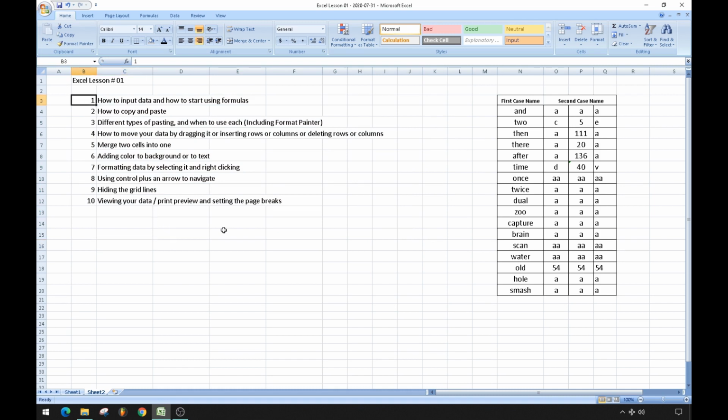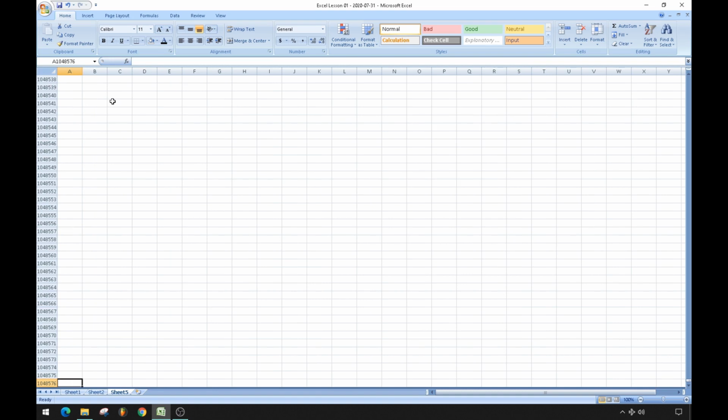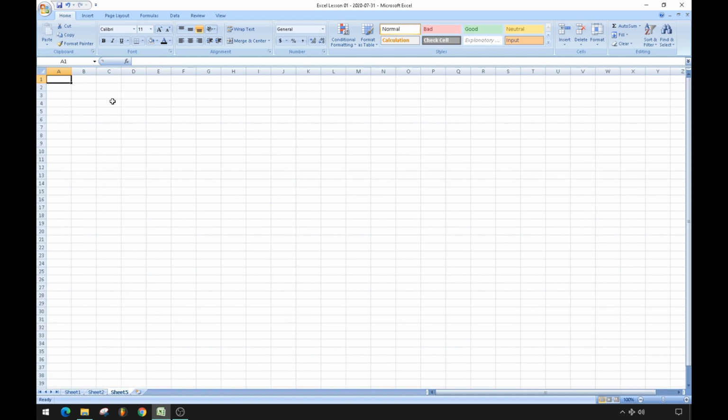So first off, when you open Excel, you'll come to a clean sheet. Essentially, it'll look like this. Okay, you'll have all these rectangles. These are called cells. At the top, you'll have letters, and those identify what are known as columns. And vertically, you'll have rows, and those will be numbered. There is a lot of them. Goes very far. So I don't think I've ever used up all of them. But anyway, so